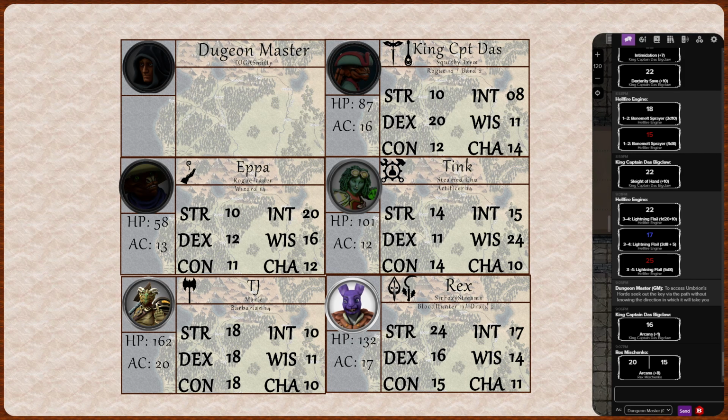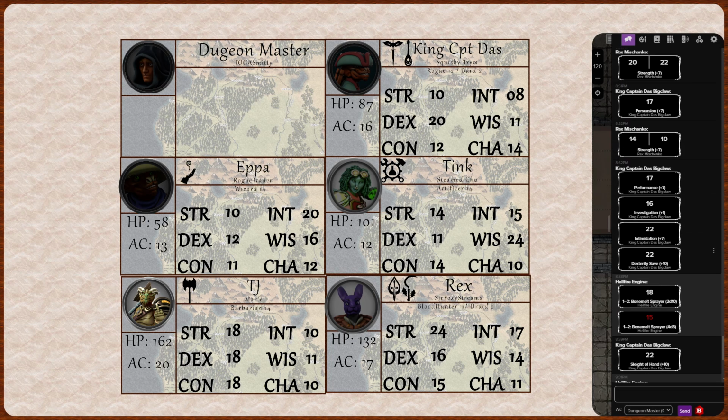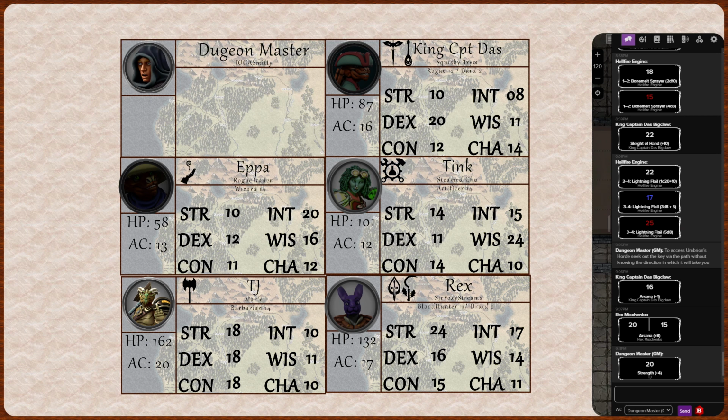Okay, so if you don't go in either one of those rooms on the end of the hallways, what about these doors behind me? Yeah, we tried everything to open those doors. They just won't budge. I tried brute force, I tried persuading it, I tried serenading it, performing to it. I even tried intimidating it. I thought, oh, I'll roll a strength and see what happens. I still got a dirty 20. Sadly, it is not enough.